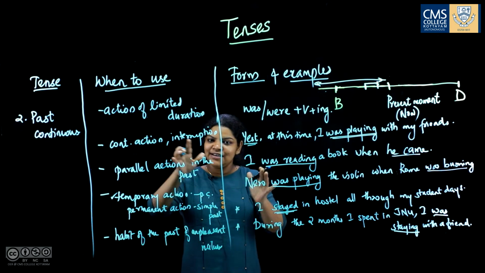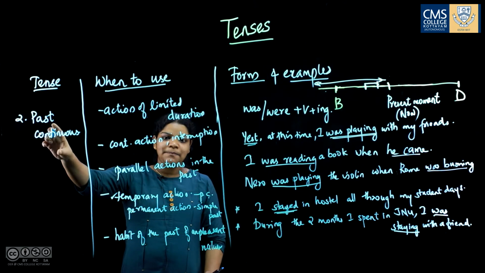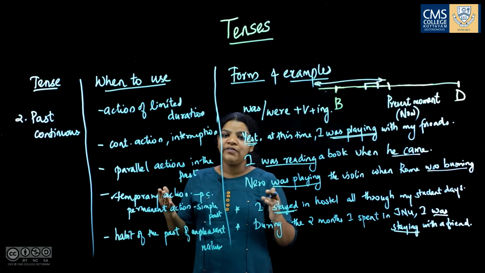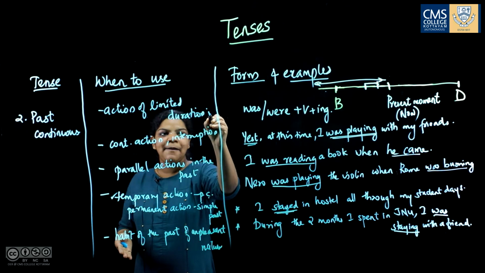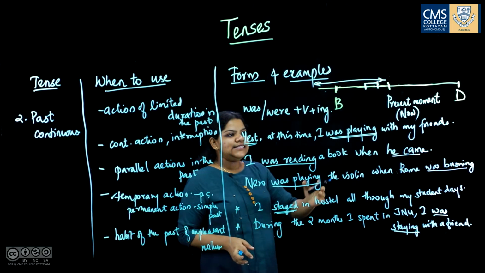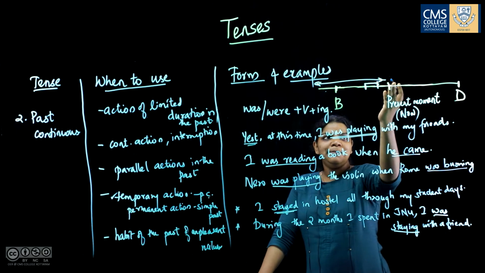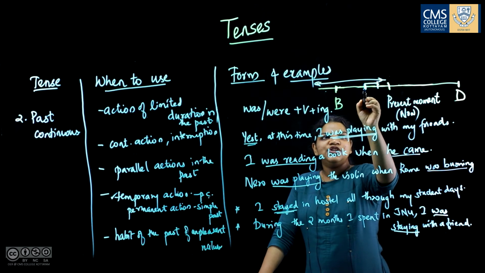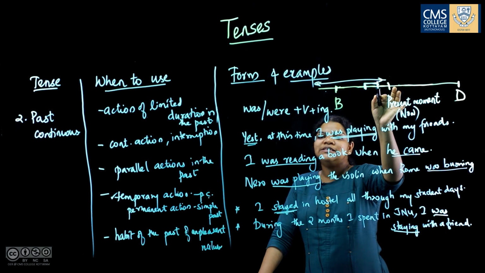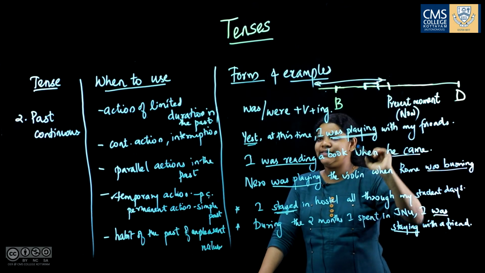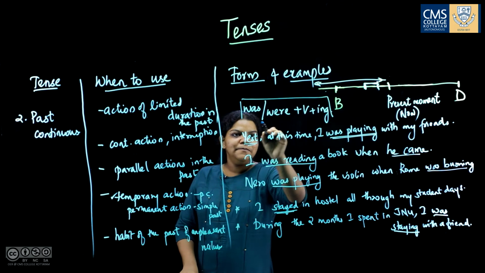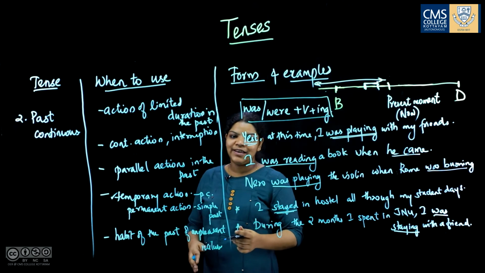So let's look at this once more. We use the past continuous tense when you want to refer to an action of limited duration that happened in the past. That is, it's an action in the past, back from the present moment, an action which started some time in the past, continued for some time, and then came to an end in the past itself. So the form that we use is was or were plus verb plus ing,